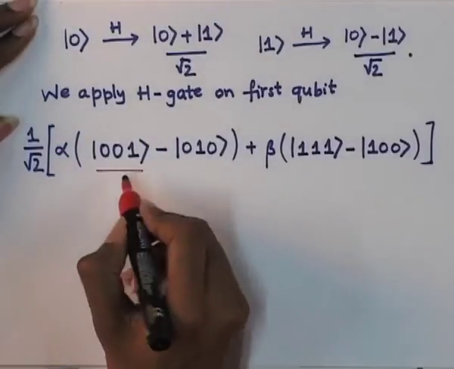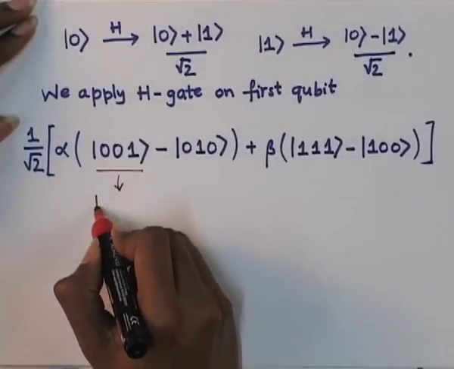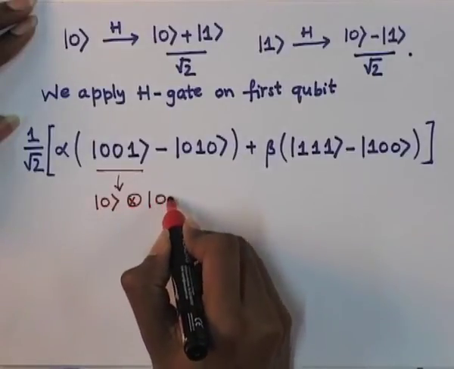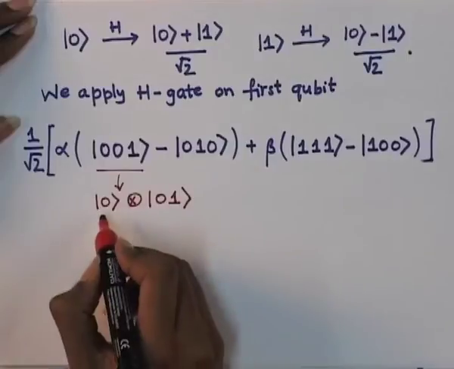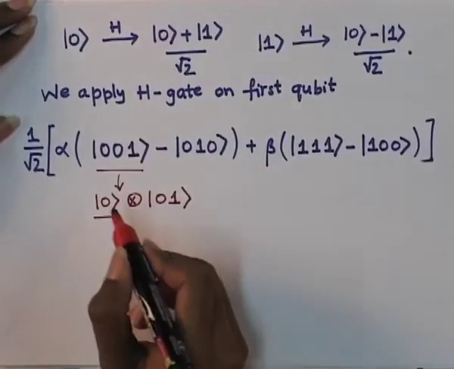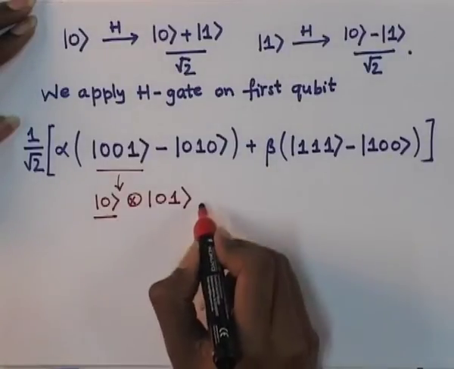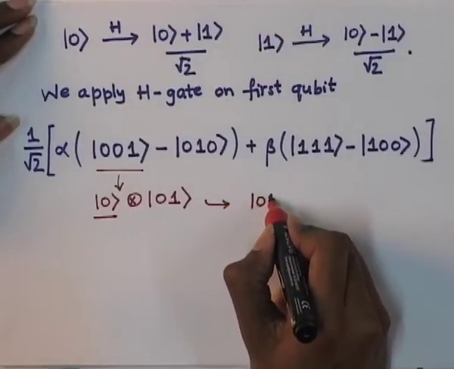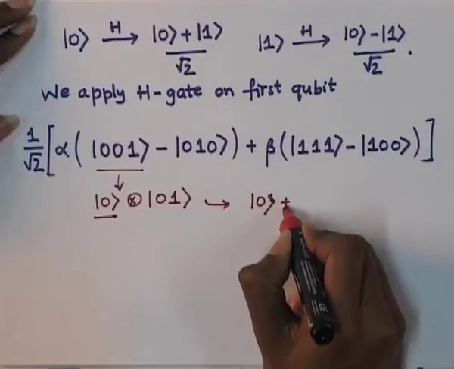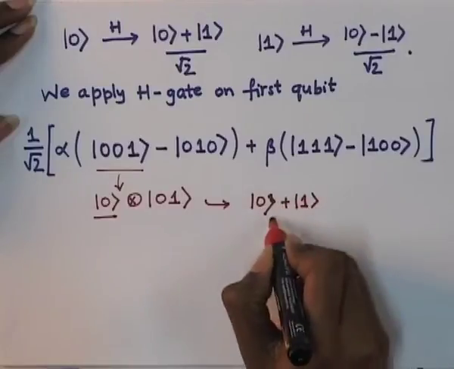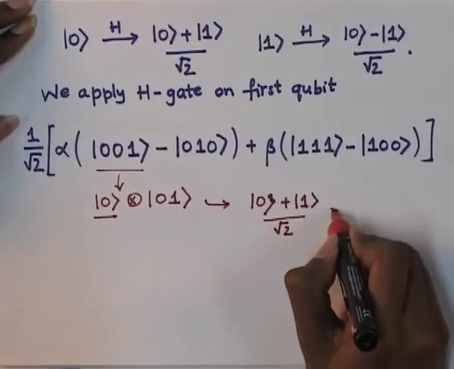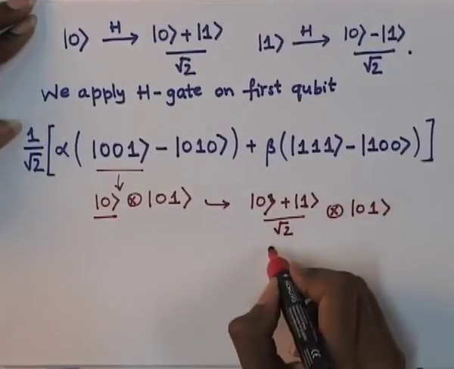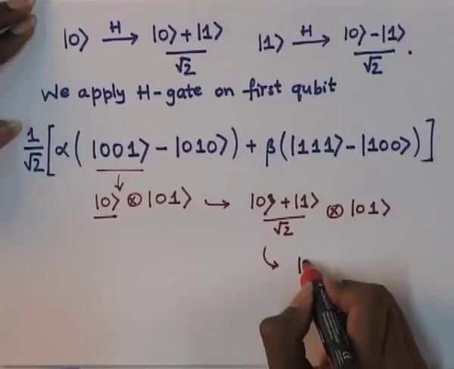This state can be written as, when the H gate is being applied on the first qubit, this gets transformed to qubit 0 plus qubit 1 divided by square root 2, and this can be again written as